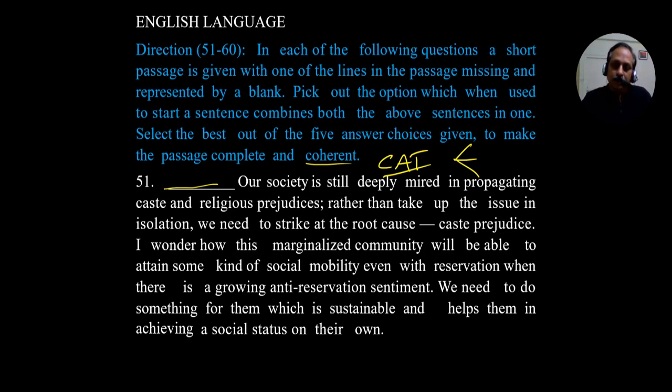They give a paragraph or a mini passage, and either they remove the first sentence, one model, then you have to select the first sentence from the options. Second, they may remove in the middle, then you have to select one option, or they may remove the last sentence from the paragraph, you have to select one option. And there's one more model, the 4th model. They give one sentence in the paragraph which is not the part of the context, odd sentence. These are the 4 models you have. And this one goes with, you have to select the first sentence. How to handle these questions?